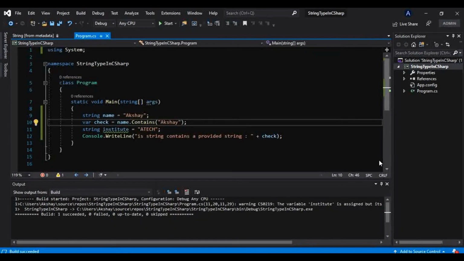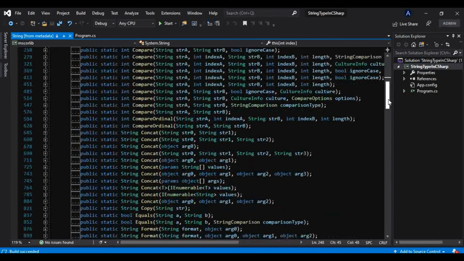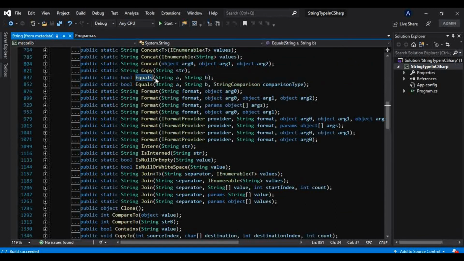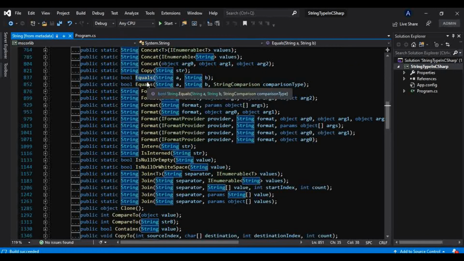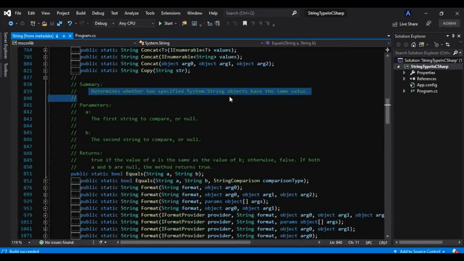So like that, there are many methods contained in the string type, and you can check that out by yourself. Again, it is not very difficult. By the name you can tell what the method does. Here there are methods like Equals. The name suggests what this method will do, and you can check that here as well. It contains the information on what this method is doing. It says it determines whether two specified System.String objects have the same value.